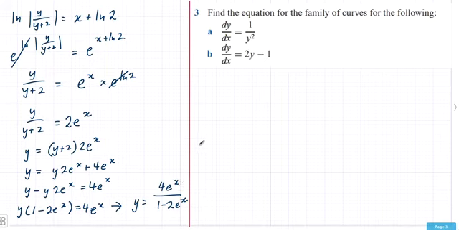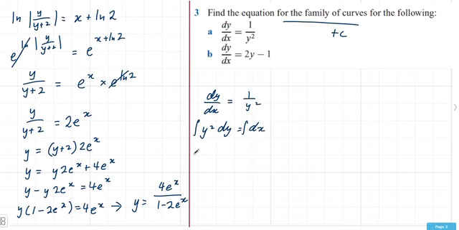So the last one that we're going to look at here is these two. These ones are actually pretty little. So this is looking for the family of curves, so this will be with the plus c. Again, we're going to do the split here. These ones are pretty quick, so I'm going to bring the y squared up,